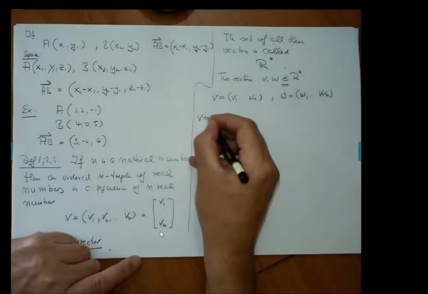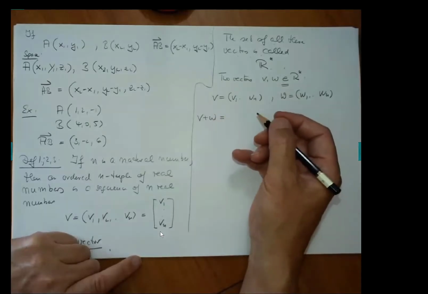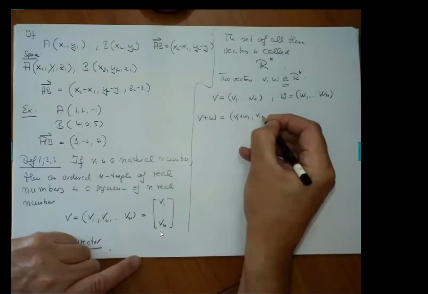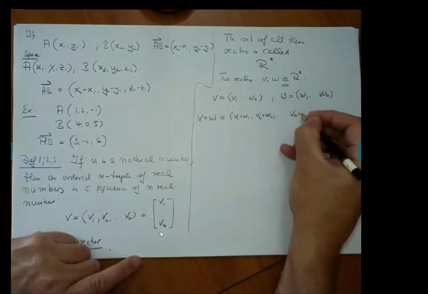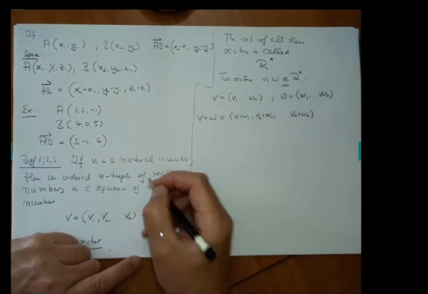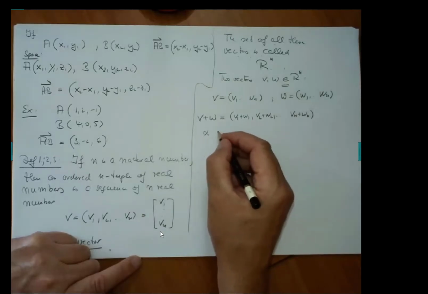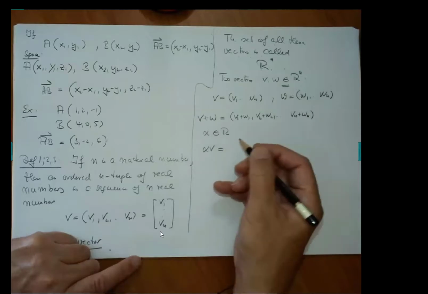Then v plus w, also nothing has changed, is v1 plus w1, v2 plus w2, up to vn plus wn, so add by component. And if alpha is a real number, alpha in R, then alpha v,